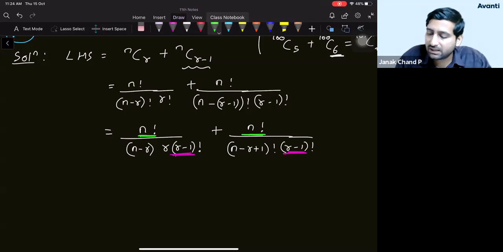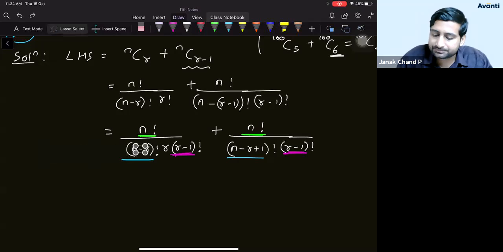Now we have only one term, students, that is this, right? We can also match these two. If you just observe these two, this is one extra, 1 unit greater than this, because if I add 1 to the value of n minus r, you are going to get this. So this is a bigger number. Let us also write this bigger factorial in terms of the smaller.